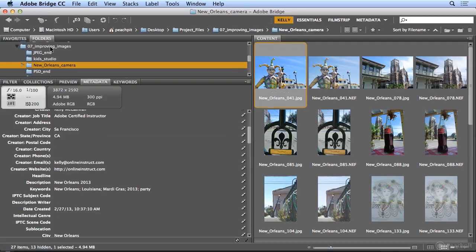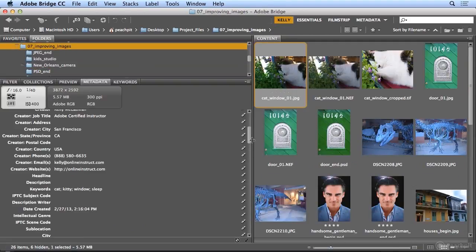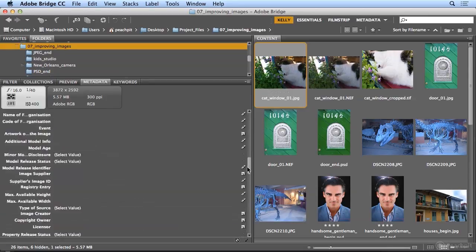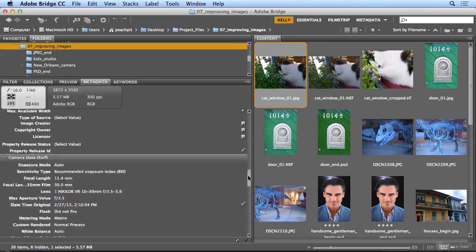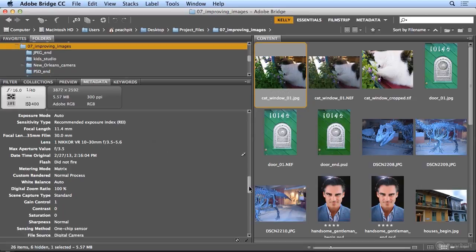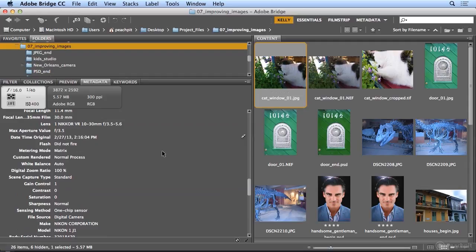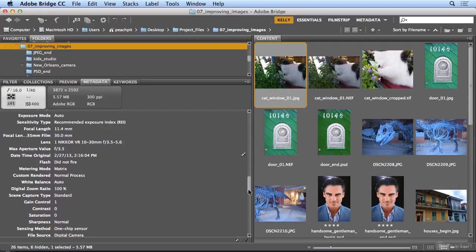And if I come back to the folder of all of my images, I forgot to mention that you can actually tell what device these are created on. So if I go down a little bit further to the camera data, the EXIF, which actually stands for Exchangeable Image File Format, EXIF, I could see that these were created, a little bit lower, with the Nikon 1 J1. Even a serial number is written in. The flash did not fire. I could see the lens. I could see the metering mode,